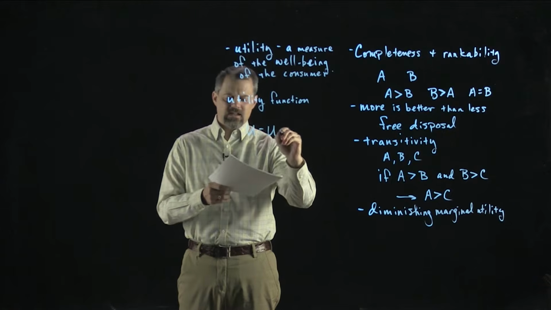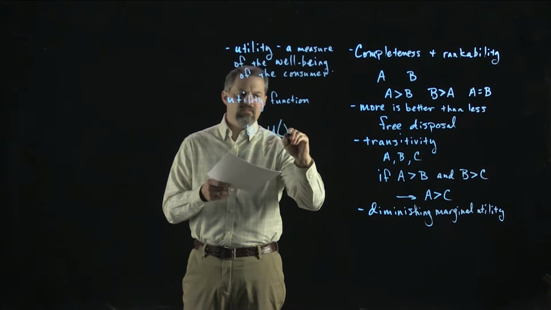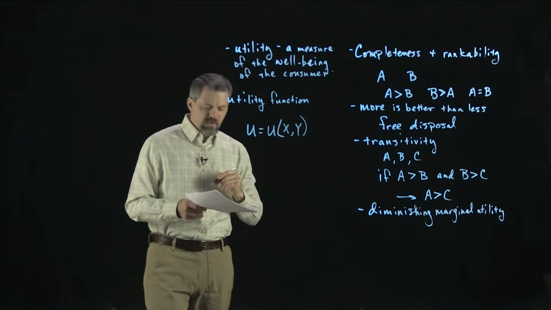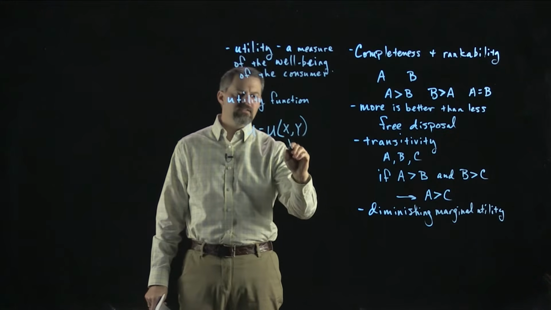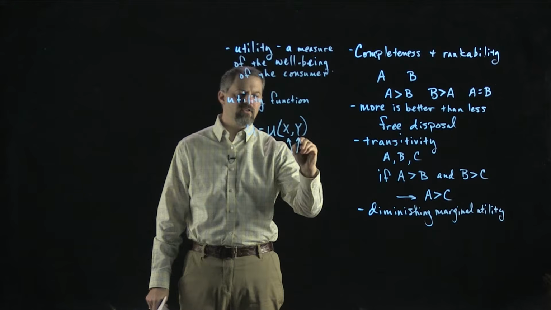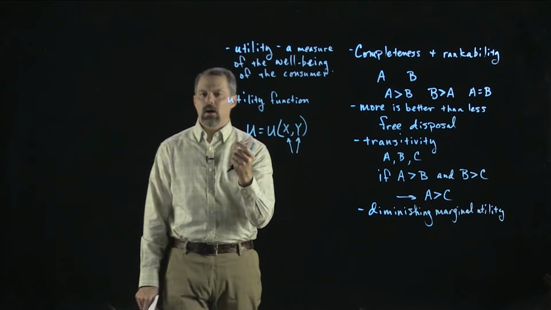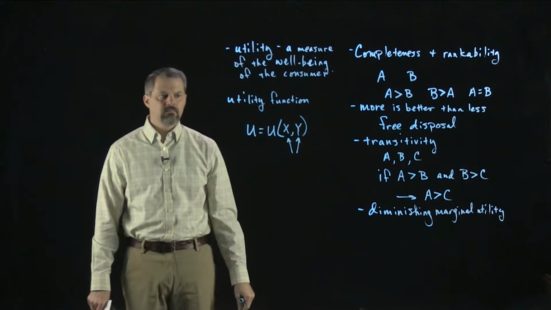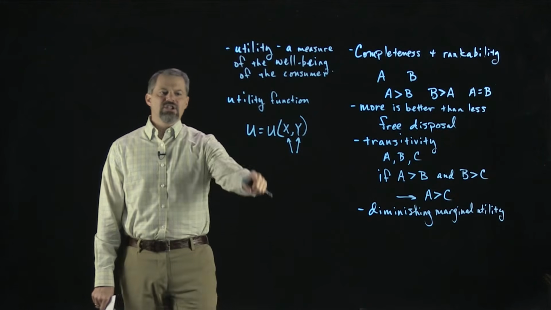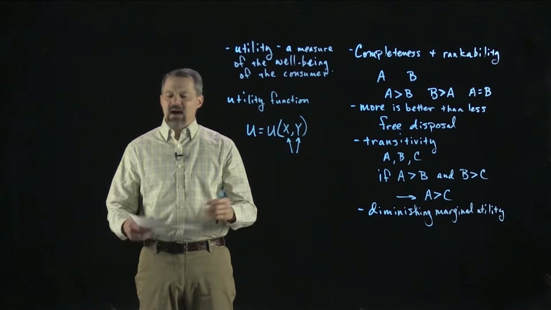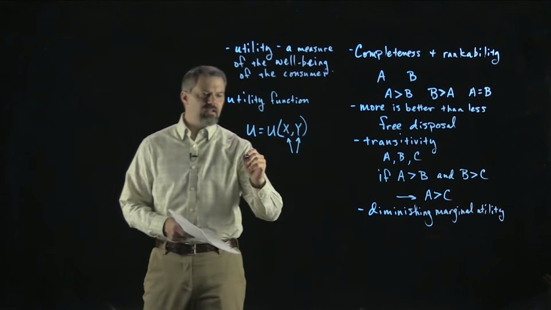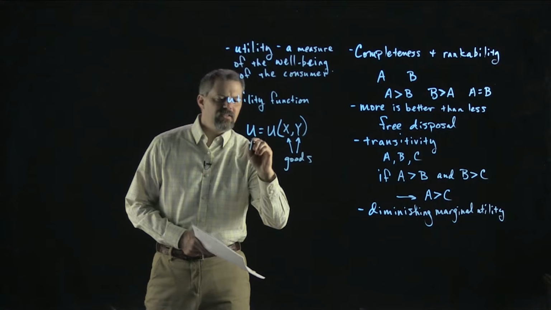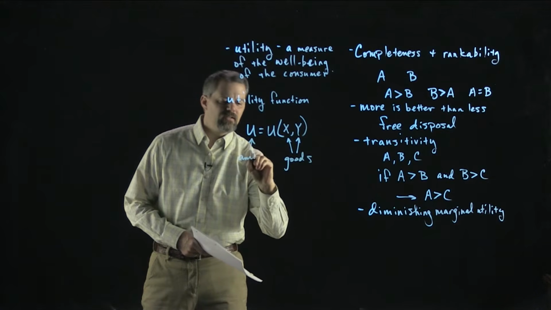Utility is some function u of x and y, where x and y are the goods, a particular combination of x and y would be a bundle, and then u represents the amount of utility that the consumer gets. So these are the goods, this is the amount of utility,